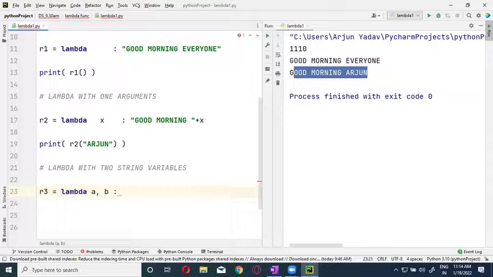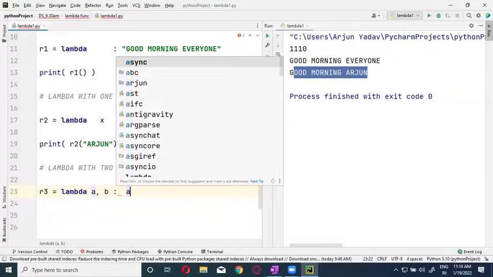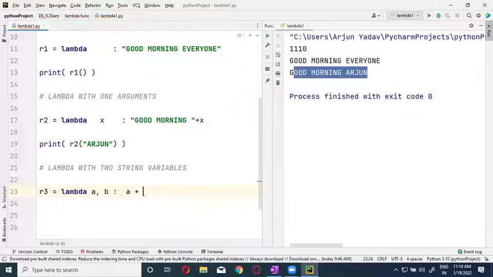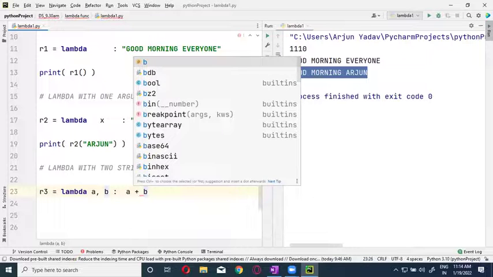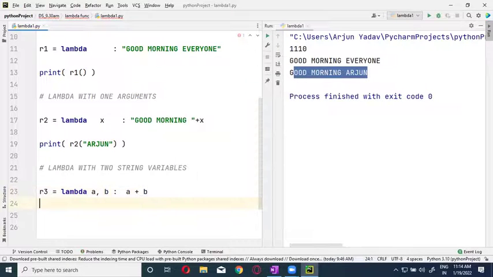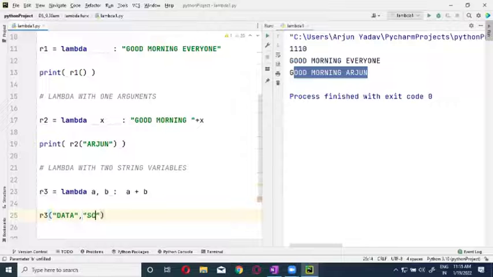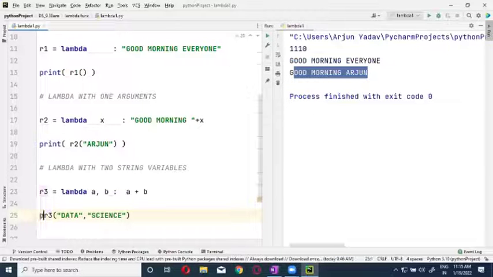So here, how will I do it? A plus B. Can I do this? Now I'm passing the two arguments. Two variables, two values, how do I have to pass them? R3 of, I will give the first one as data, second one as science. Okay. Now what will be the output? Will there be any space? No space. Now if I print it,